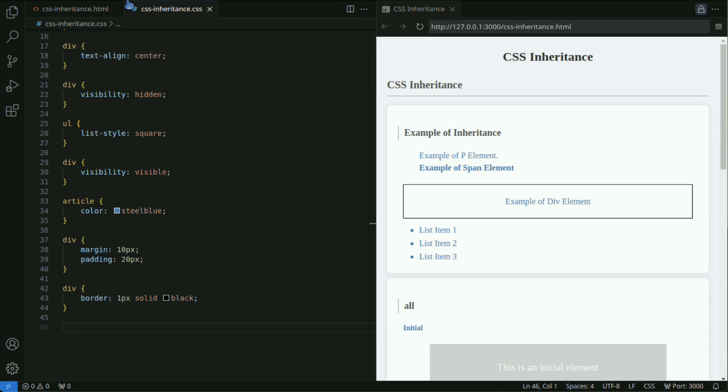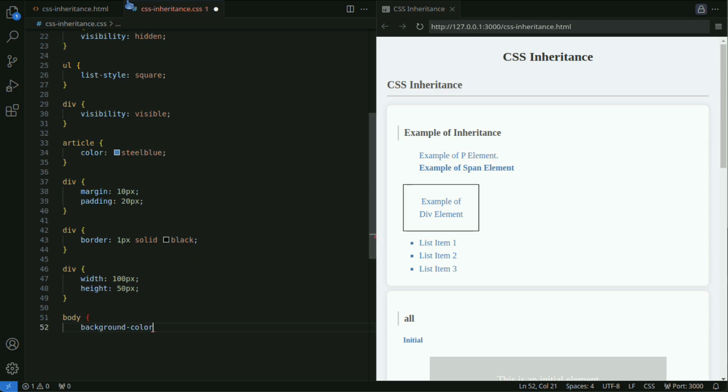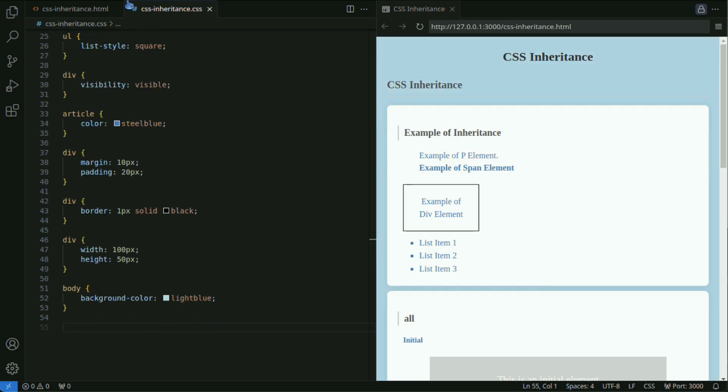Even if a border is set on a parent element, it does not affect the child elements. The width and height of a parent element do not automatically affect the child elements. The background color set on the body does not directly affect the child elements.